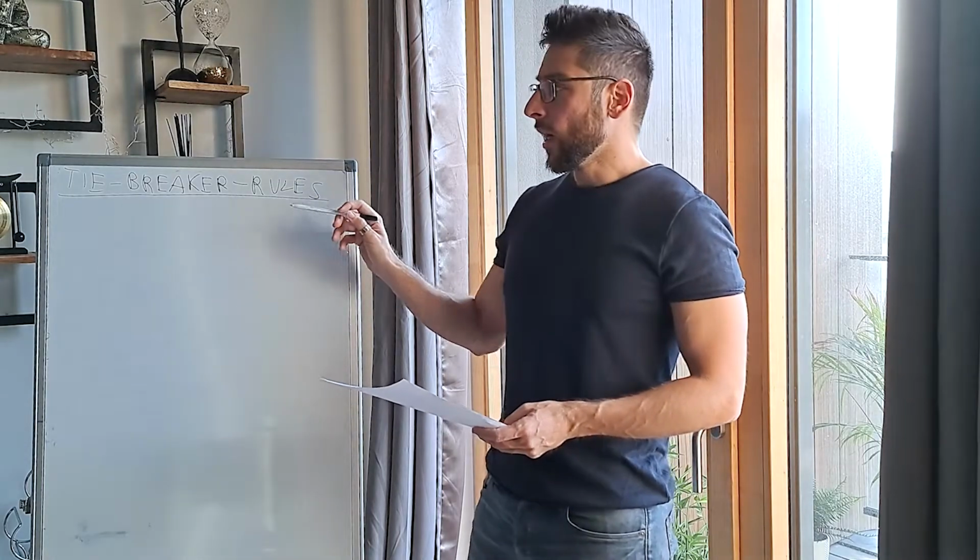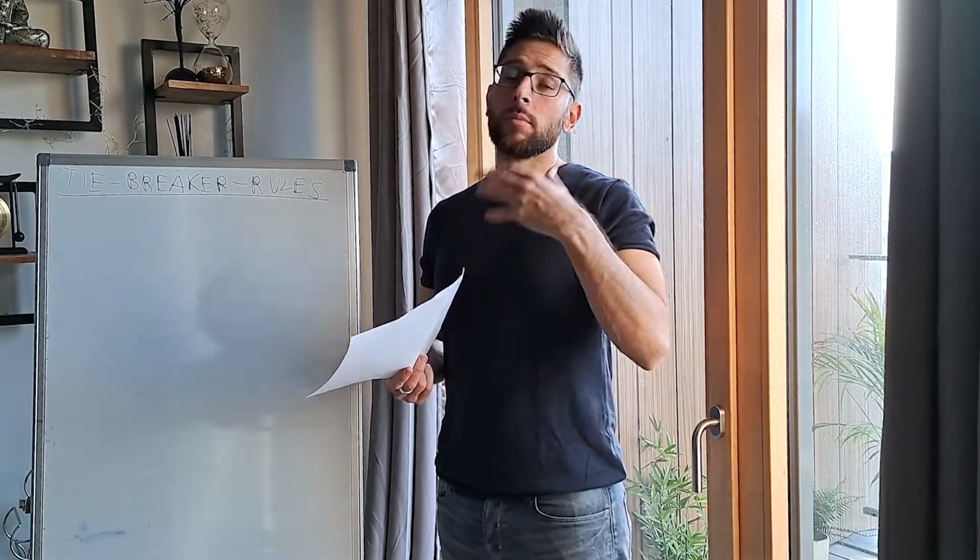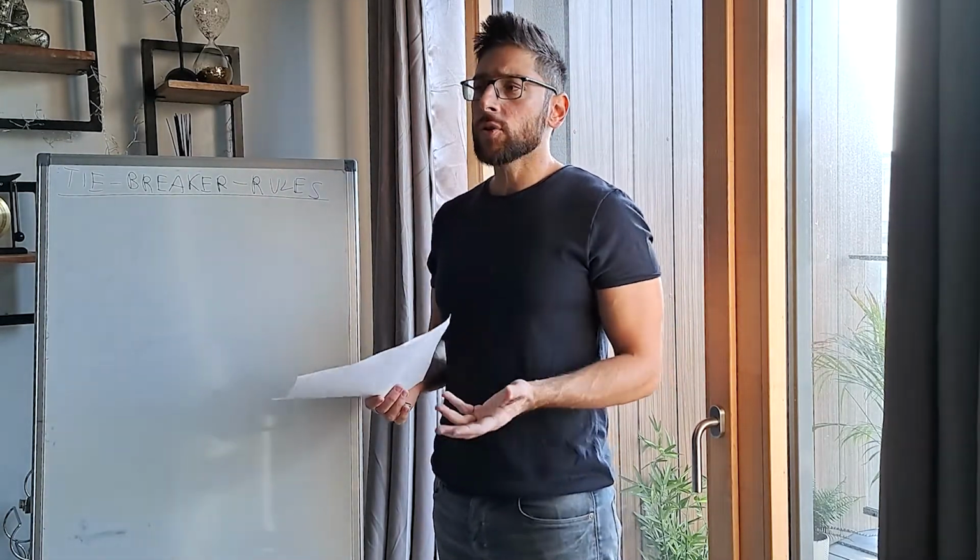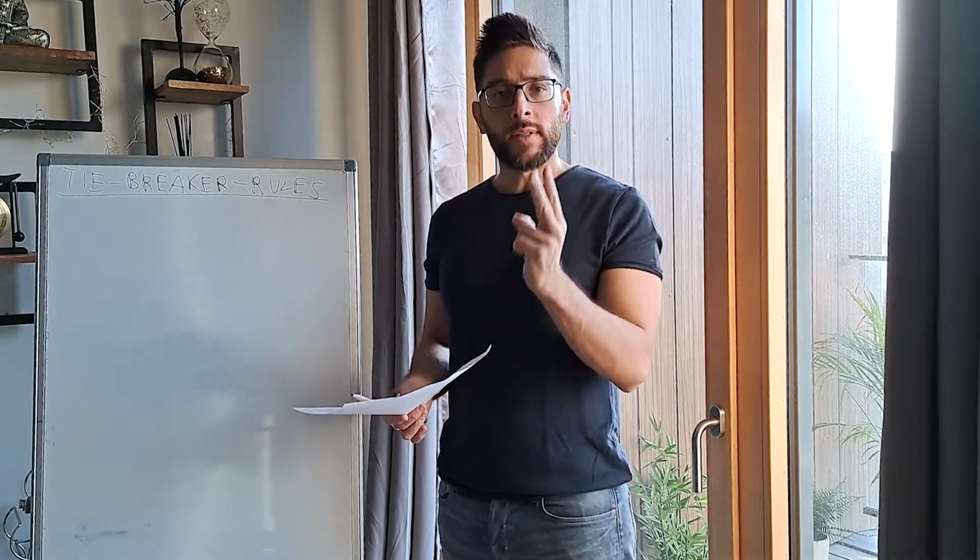So what about these tie-breaker rules? This is something that you will always find in the convention to avoid double taxation between two countries. In most cases, it's written in Article 4 of these conventions, and it tells you exactly how to fix the problem of a double tax residency.